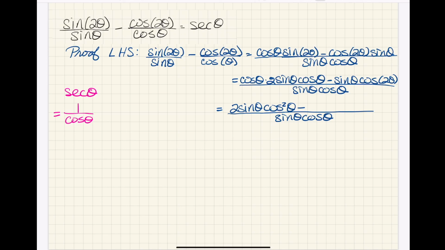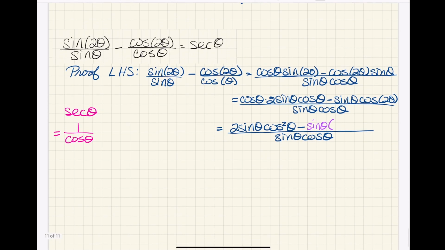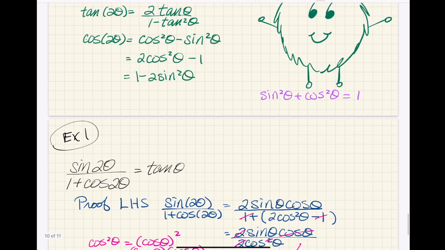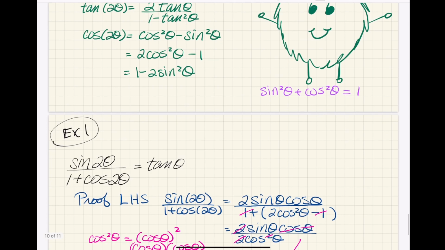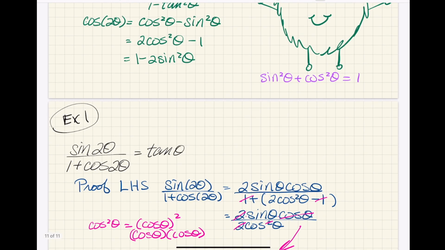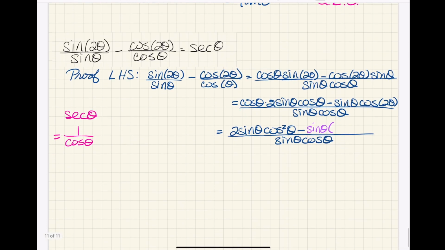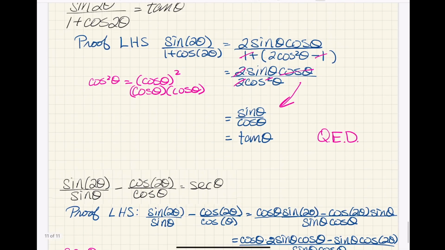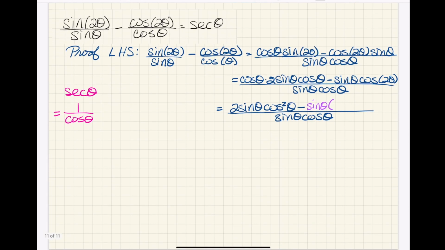We can look at this with a sine theta and replace cosine of 2 theta. Now, cosine of 2 theta can be 2 cosine squared minus 1, or 1 minus 2 sine squared theta. Do I want to bring in another cosine squared theta, or do I want to bring in a sine squared theta, hopefully to create an addition with that cosine squared theta? I want to bring in a sine squared theta. So the cosine of 2 theta is 1 minus 2 sine squared.